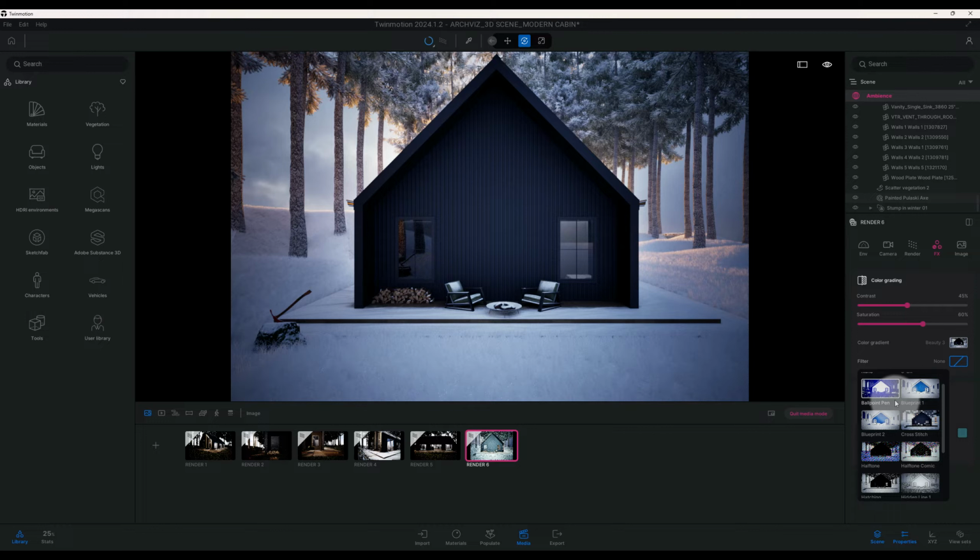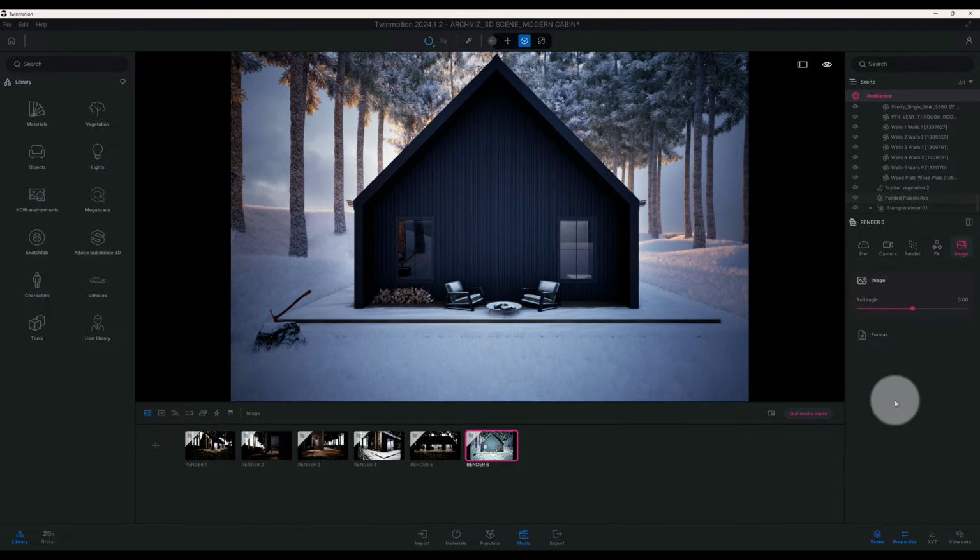All right, so we didn't use a filter for this one, which is fine. We don't need one. All right, so now we go to our image format. Right now, just kind of letting you see what I have in the format. It's in custom because in our camera settings, we have our film back enabled. So anytime you have our film back enabled, this will be custom and it won't let you adjust it until you disable your film back. All right, so right now it's locked in at 4K and I have details tile rendering, and yeah guys, we got a nice looking image, nice looking rendering,